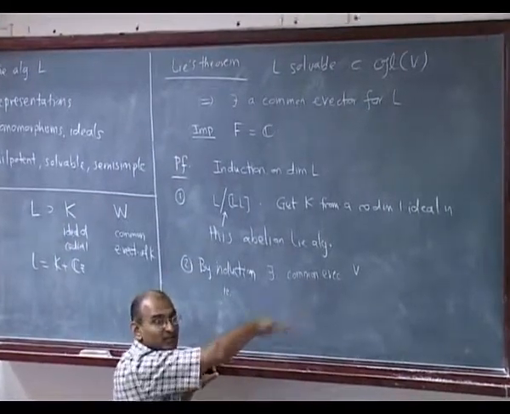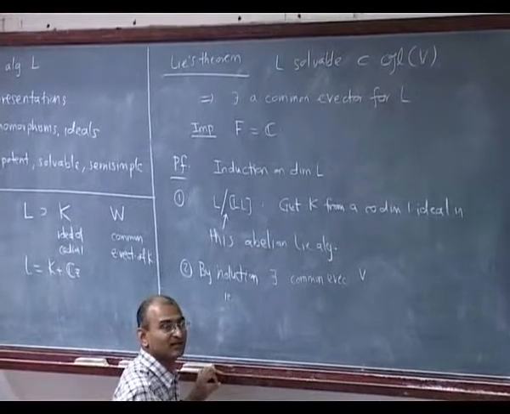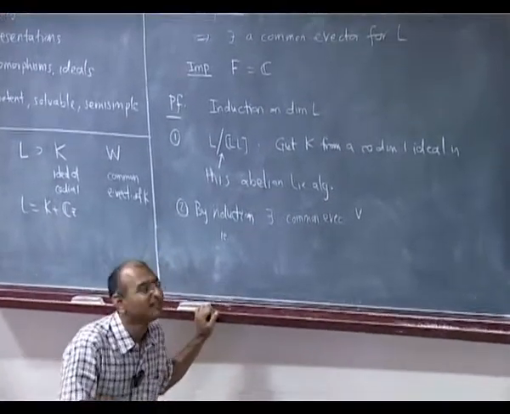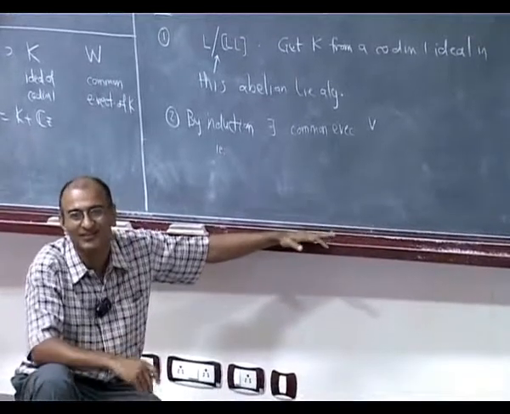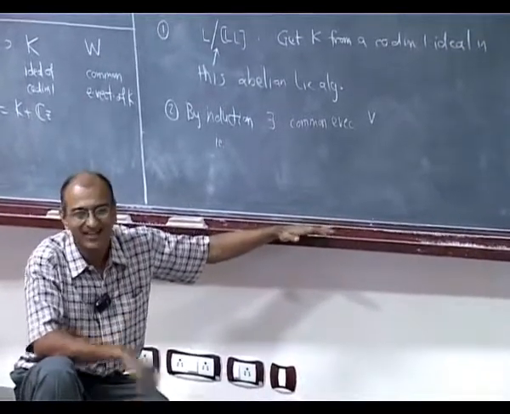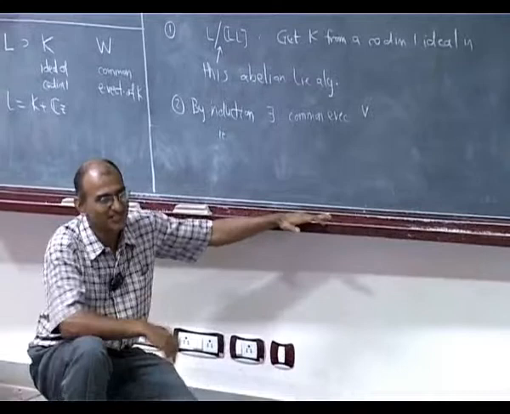So, I want to write down what this common eigenvector business means. See what is different here. Over there, as soon as I had an eigenvector, I knew what the eigenvalue was. It was always 0, but there is the eigenvalue to keep track of here. So, let us see what the eigenvalues are.